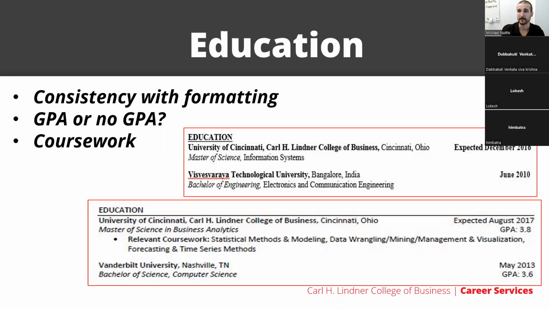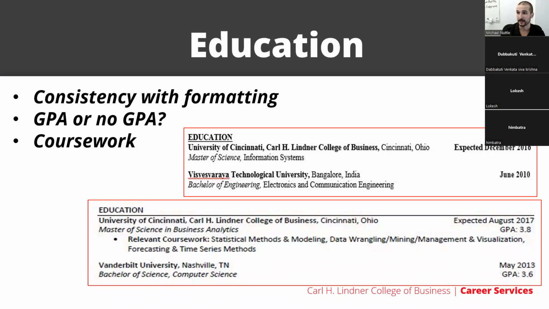In the education section, really the big things you're going to try to hit, right, is the program that you're in, naming the college. We're very, very big here in the Lindner College of Business that you're putting Carl H. Lindner College of Business on there, because of the official title of the school, the extra prestige that comes with that. Lindner is always tricky, so making sure that you get both the n's in there. The location on there, you can do, you don't have to, again, it's helpful. Making sure that you list what the program is that you're doing.